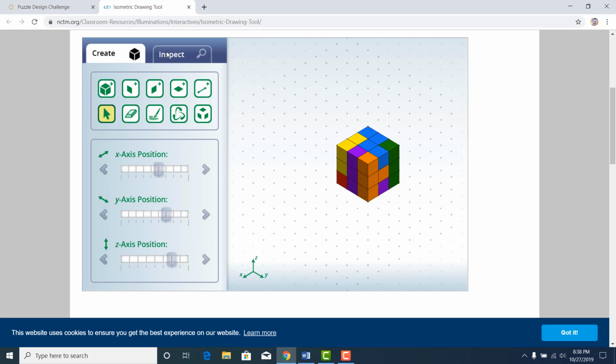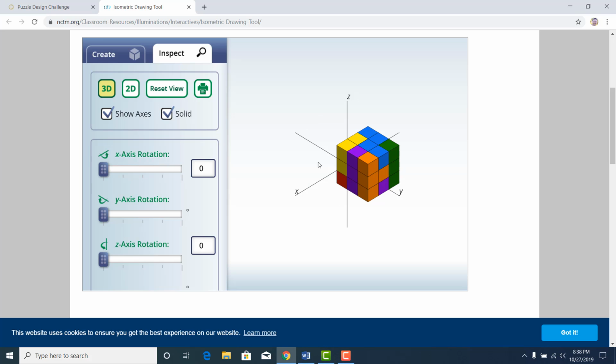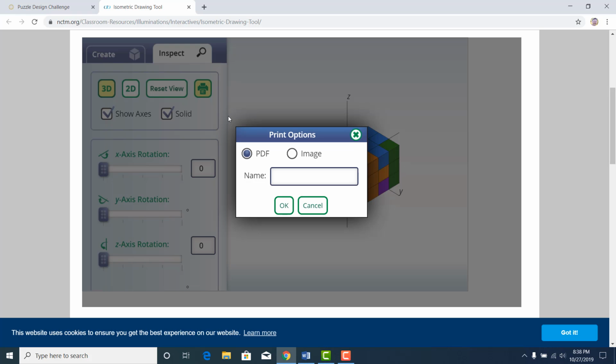So I'm going to go to Inspect, and you see the little print icon there. The first one I'm going to do is exactly like this. I look at this as being the top, front, and right side, and I'm just going to click on Print. And when I do that, it's going to have me pick a name. So I'm going to call this